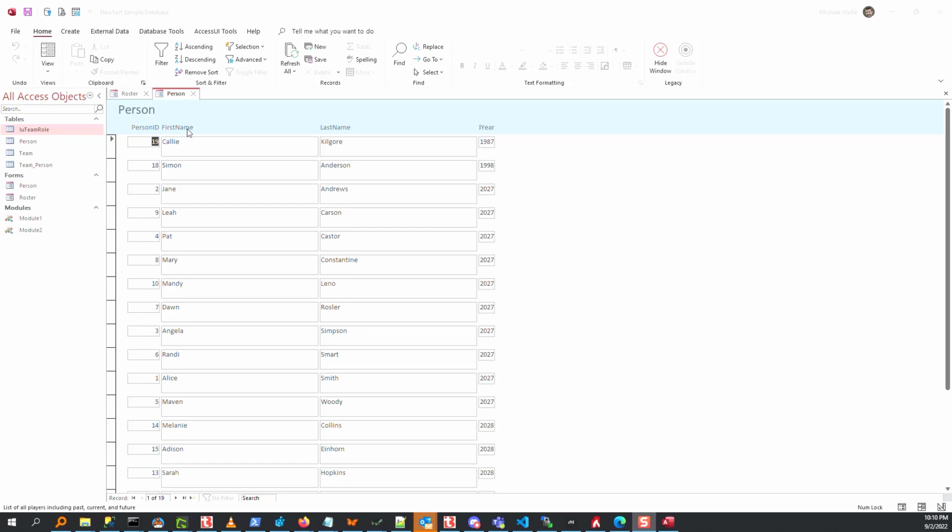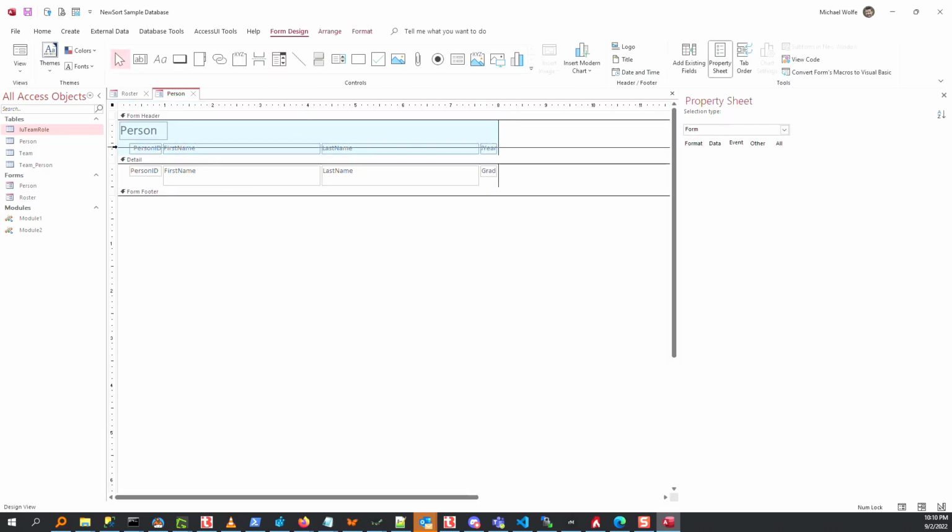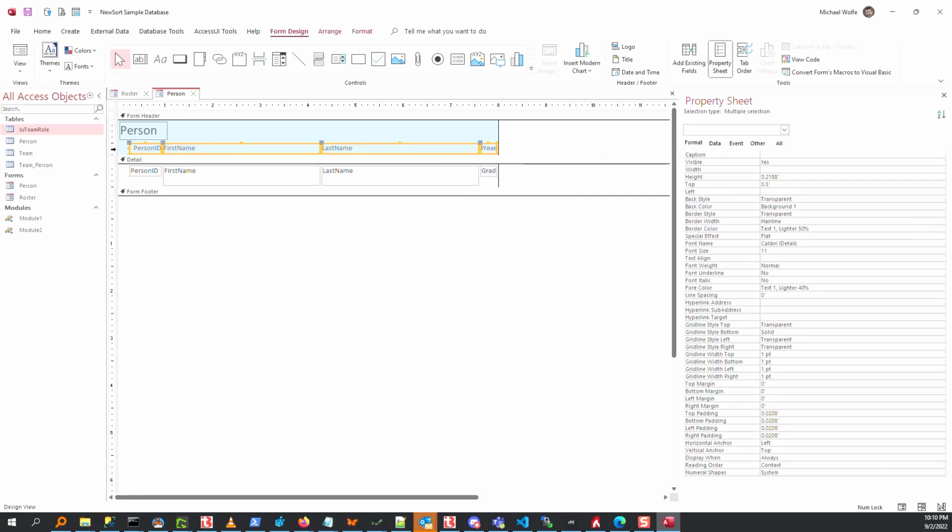Okay, so as you can see, it's not as discoverable without having that hand icon there, and also without the formatting. So let's go in, we're going to select all of them. Alright, so we've got all of these selected, and for the fore color, we're just going to use 00 for red, 00 for green, and 80, which is 128, for blue, so that's going to be a navy blue, and then we'll put that underline in there as well. So font underline, you double click and change that to yes,